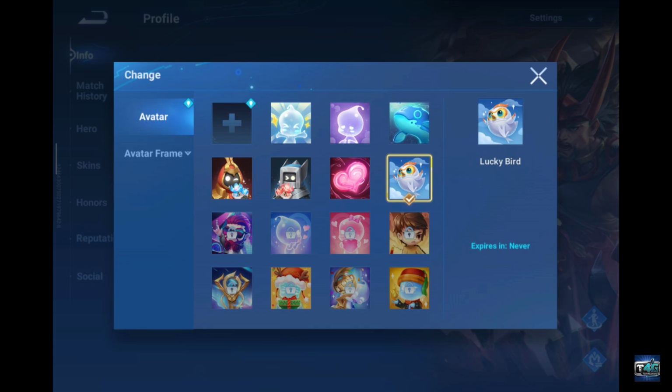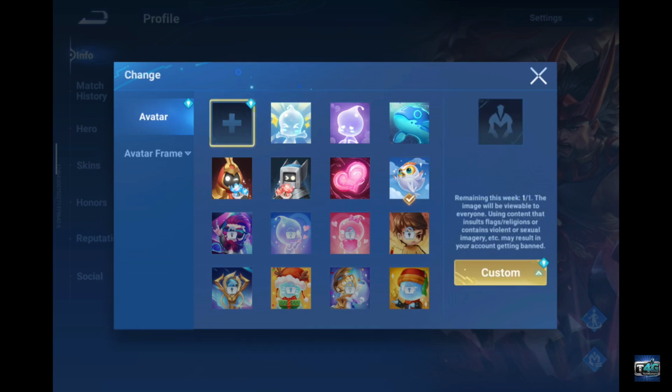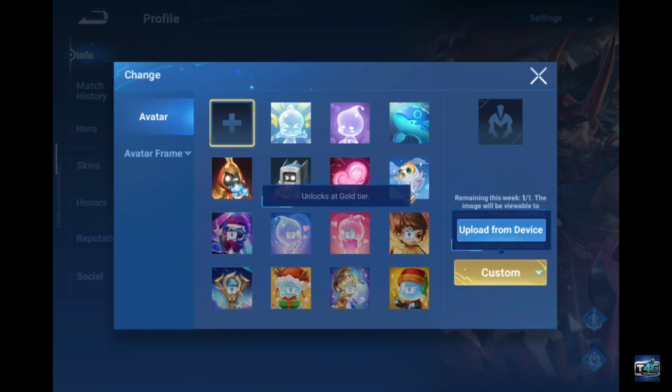If you want to upload your own photo, go to the top left and tap on this little plus button. Now click on Custom and click on Upload from Device. But not everyone can go ahead and upload their photo from their device. The Upload Photo from Device unlocks at Gold tier, so make progress throughout the game in order to add your